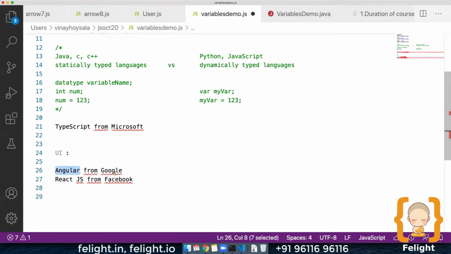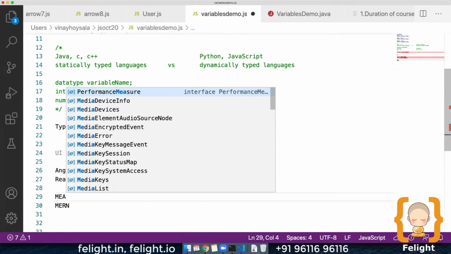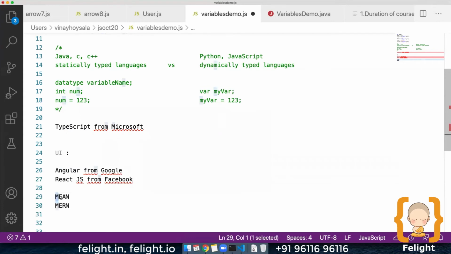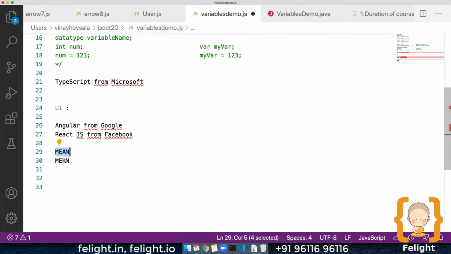Angular is from Google, which had a good market share earlier, and that has now been overtaken by React.js. That is why in your JavaScript full stack it is the MERN stack. There are two popular stacks. Before the MERN stack, the MEAN stack was quite popular. Here M means MongoDB, Express.js, AngularJS, Node.js. Two and a half, three years back, I used to teach the MEAN stack. Now instead of Angular, I adopted React in the training, and this is called the MERN stack. Same thing: MongoDB, Express.js, React.js, and Node.js.